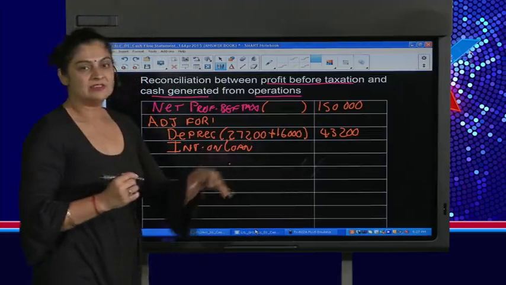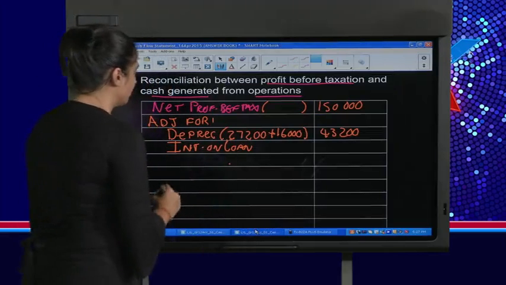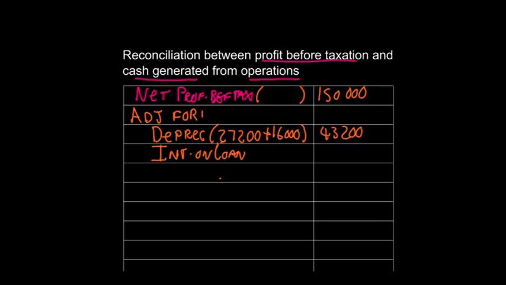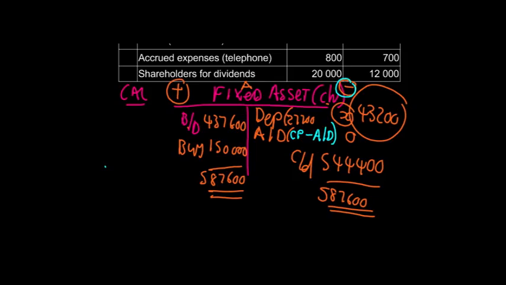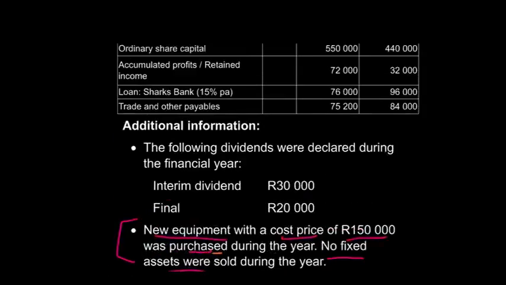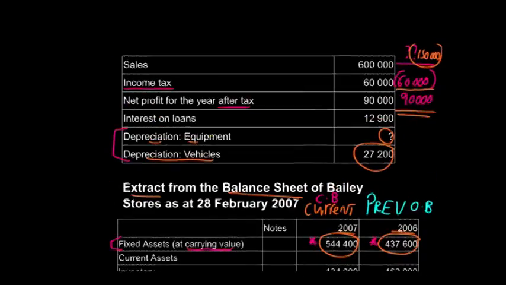Okay, so we've done depreciation. Now let's look at interest on loan or interest expense. I'm going back to my information. Okay, interest expense is from the income statement. So if we go back to the income statement, our interest on loans is given to us. We don't have to calculate the amount, 12,900. So let's fill that in,